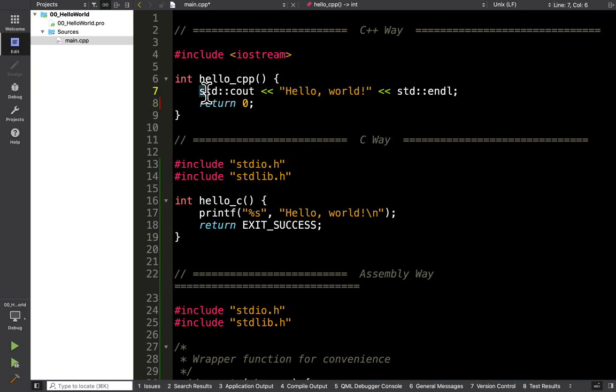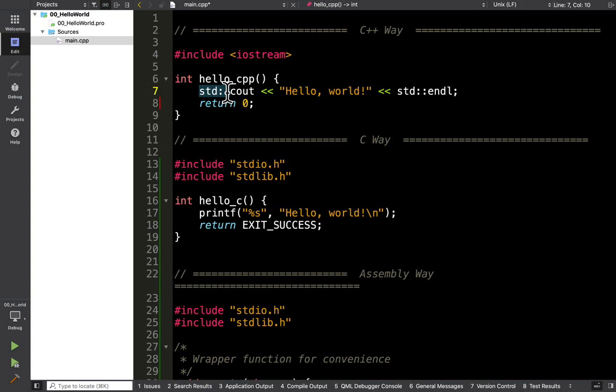Okay, and then a couple other things that you guys pointed out. The first was the STD, and someone brought up the idea of the standard library, and that being the reason why this is C++ versus the second way isn't, and that's exactly one of the reasons why. So cout and endl are things that we'll become very familiar with. In fact, Avery, in our next lecture, will be going over streams. So you'll be learning a lot about both cout, the two carets, which are known as stream operators, and the endl. So we'll be going over those next time.